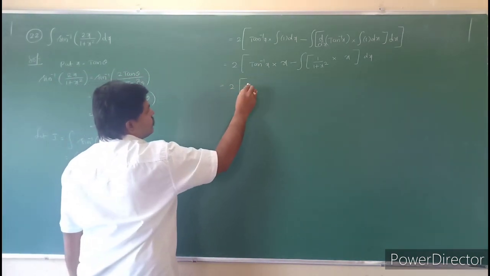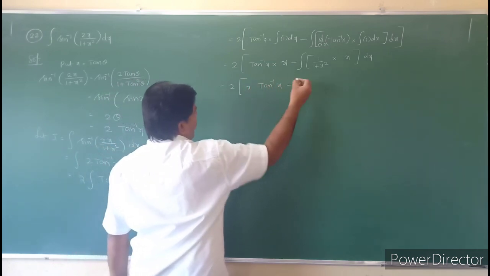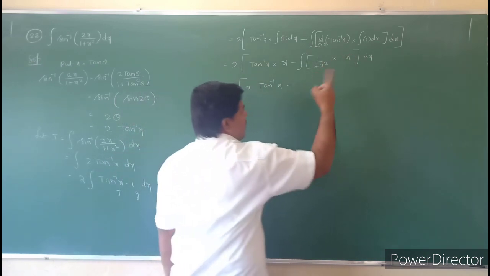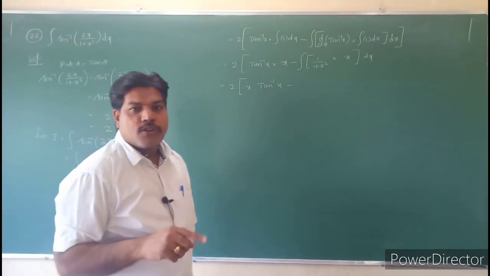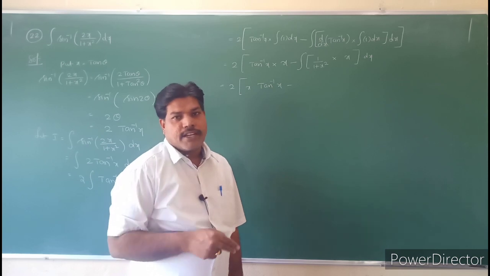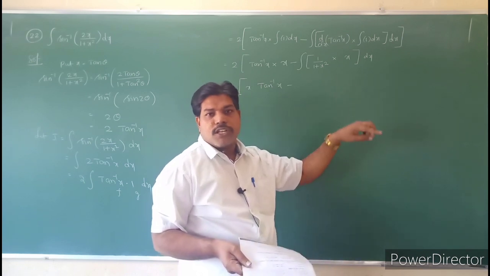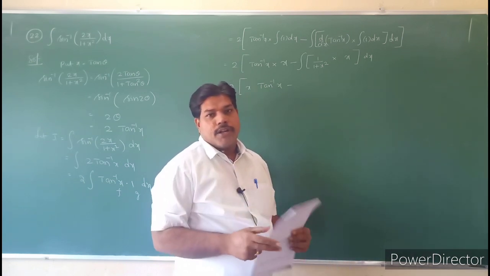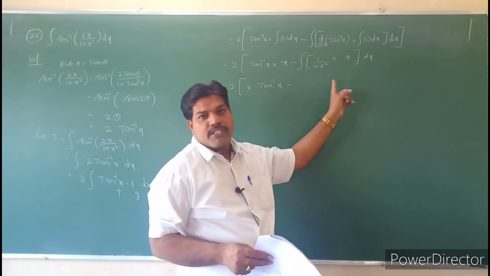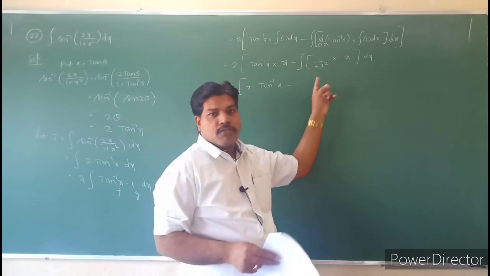2 into x tan inverse x minus, so see students, what is this? X by 1 plus x square. I have already told you the integral of tan inverse x in two methods. By taking partial fractions, x by 1 plus x square, you can take it as partial fractions. Otherwise, use the denominator. What is the denominator? 1 plus x square. The derivative of 1 plus x square is 2x, so you can take this value x here. We can apply that.